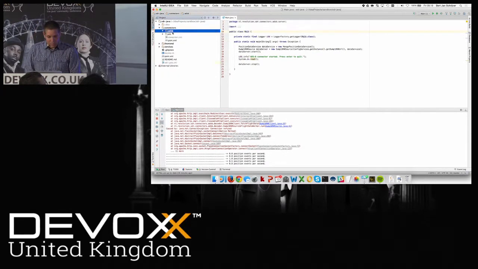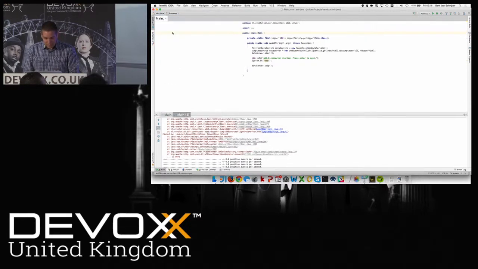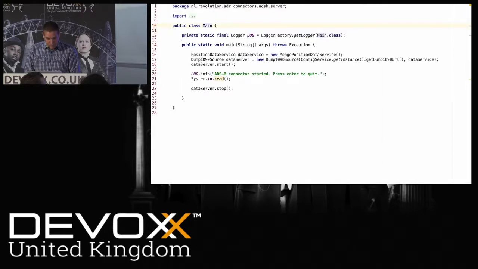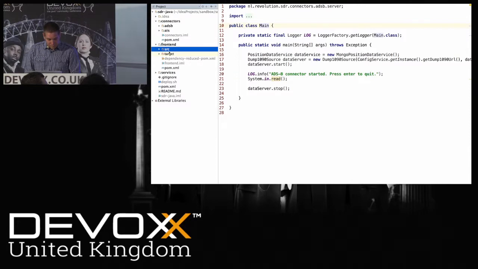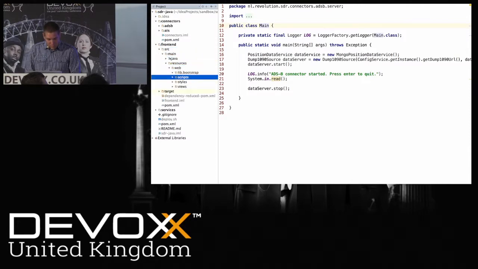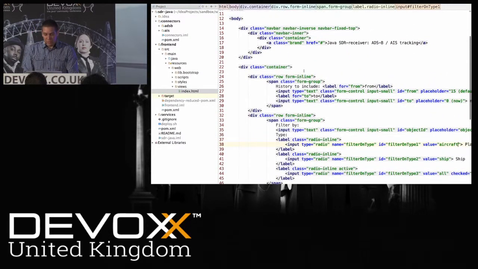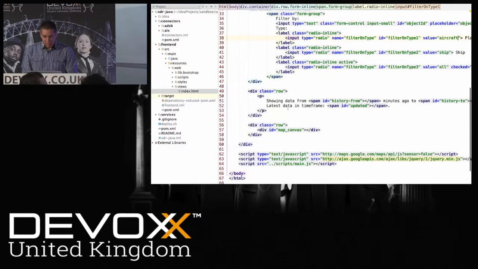I'll just be looking at the front end right now, since I'll talk about the back end a bit later. It's a really simple web app with an index.html, which just has a few input fields and then a div where Google Maps draws on.